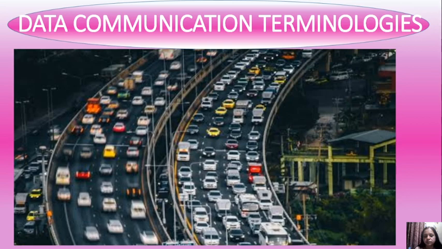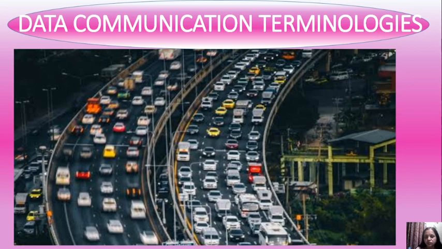Now here you can see another image, and you can imagine that data is traveling through a transmission medium. It means you can compare the road with a transmission medium, that is a cable, and these vehicles with the word data. It means data is traveling through cables. And the width of that road compares to the bandwidth of the cable. So this is the general meaning, just to clear the concept in the mind.